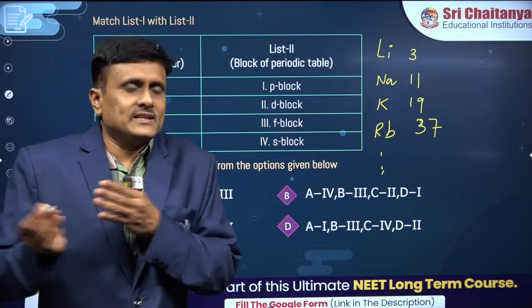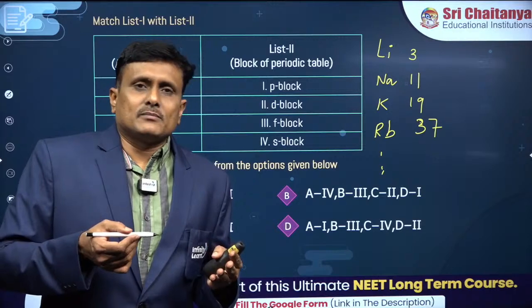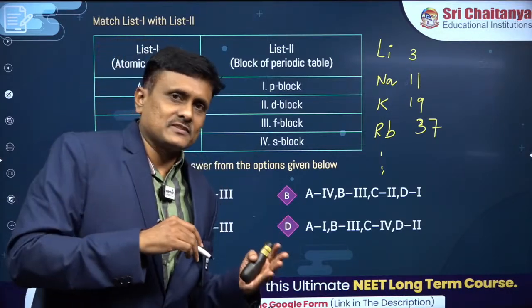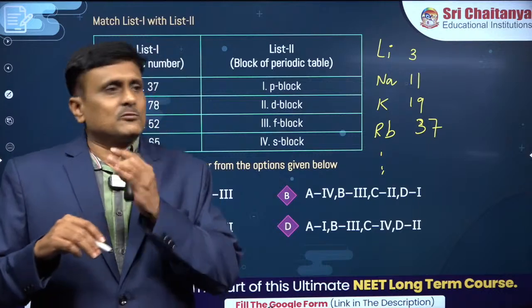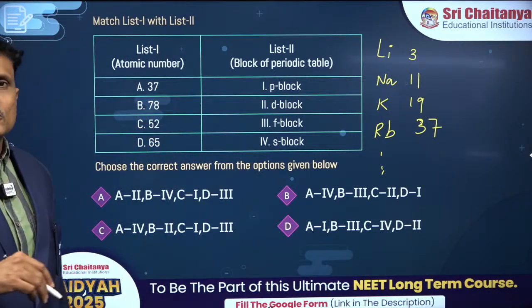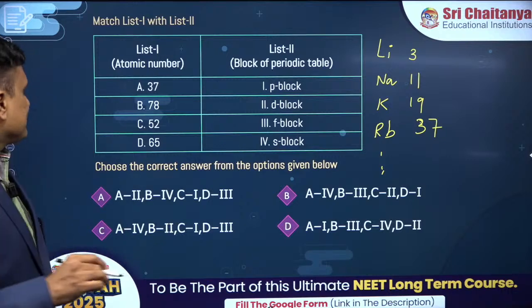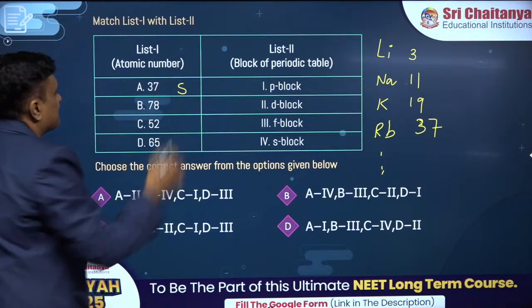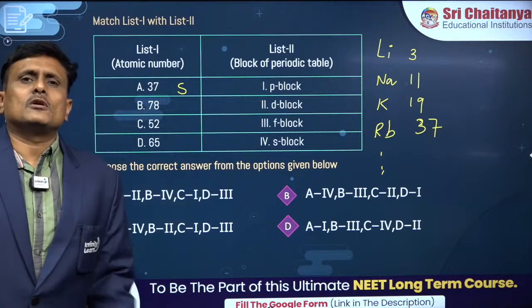So start from the least atomic number. That's my advice to you when you are asked such type of questions. Start from the least, start from 1A. All right. Now you see 37 is the atomic number of rubidium. Yes, you got it. So this is S block element. After that, slowly move on to the next